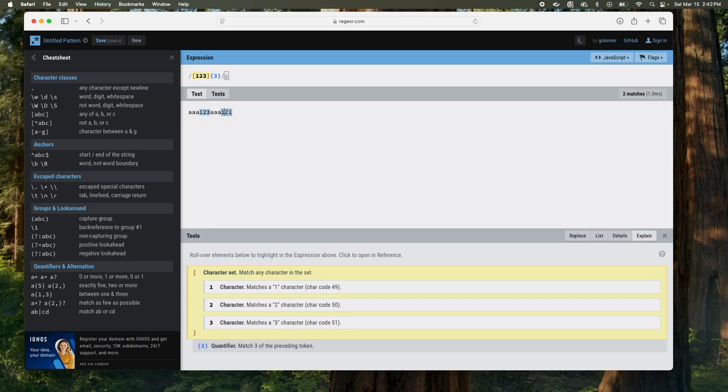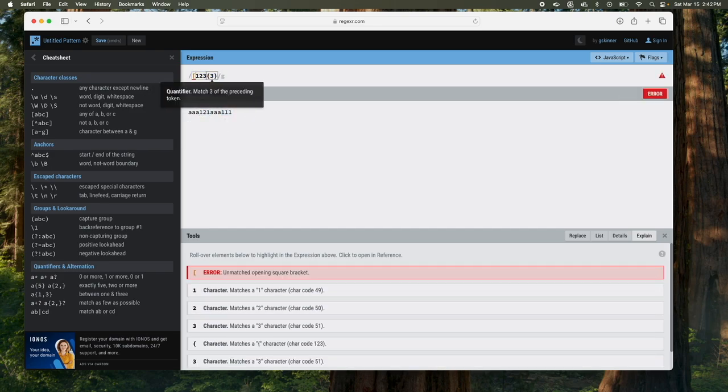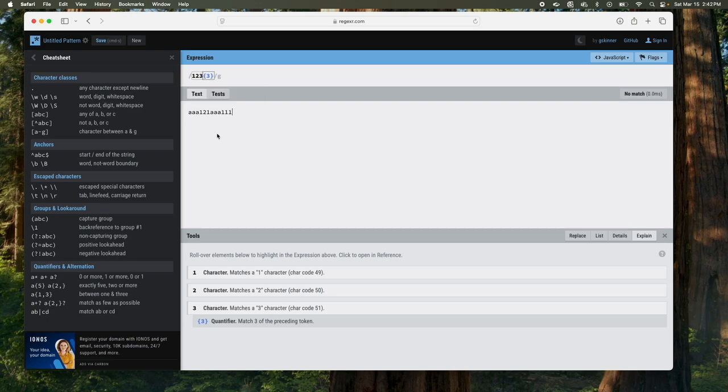If I did all 1s, it's matching the group of any of the numbers in those square brackets. So it needs to be any of these 3 in order. If I did it without the square brackets, without the grouping, see, it's not matching, if I do 1, 2, 3,